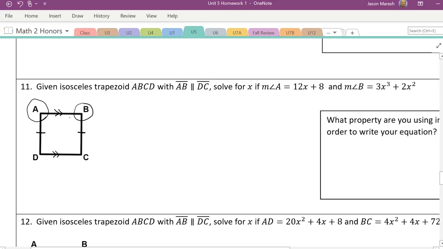So they're not same side interior kind of angles. So that does not apply, but it's something that we'd want to look out for. If they gave us angle A and angle D, for example, then I'd be able to use that property. Or if they gave me angle B and angle C, I'd be able to use that property. But that doesn't hold here. And then there's one other,